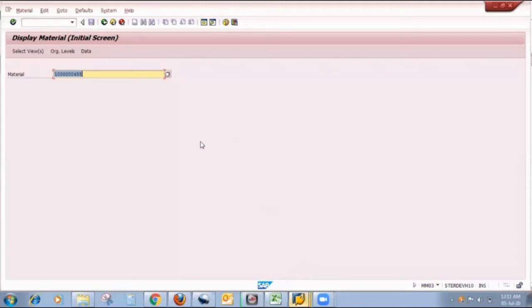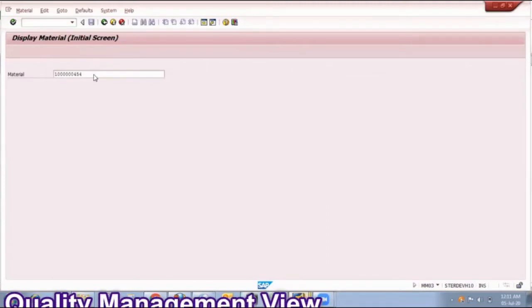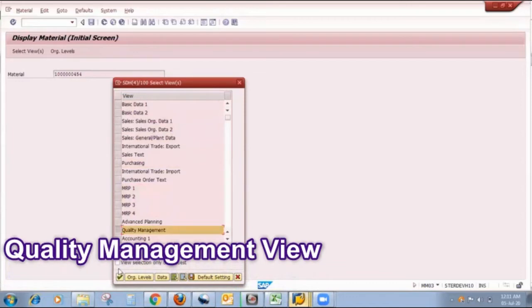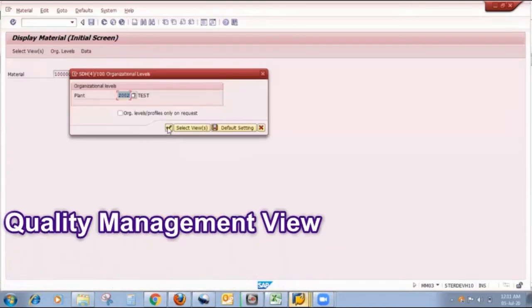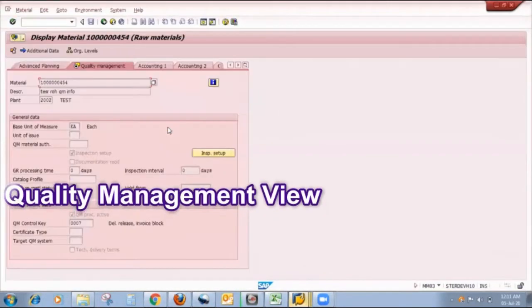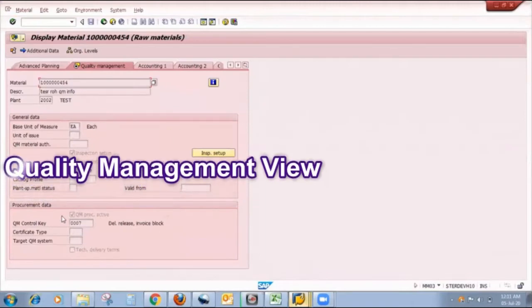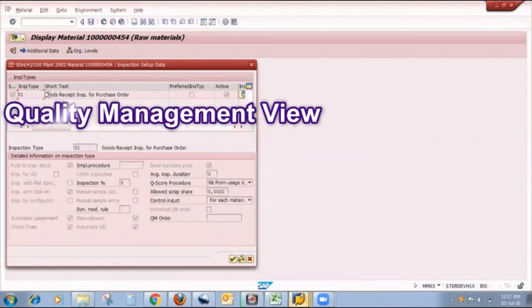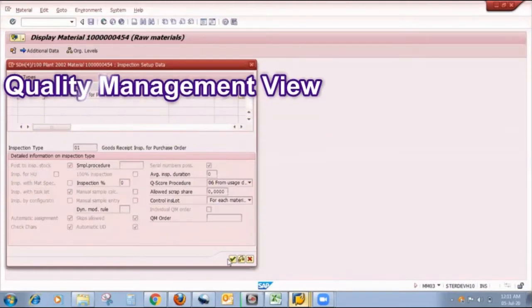Firstly, friends, this is my material and I want to maintain the quality management view for that material. So this is my quality management view. Here, as shown on the screen, I already maintained one inspection type, that is 01, goods receipt inspection for purchase order.